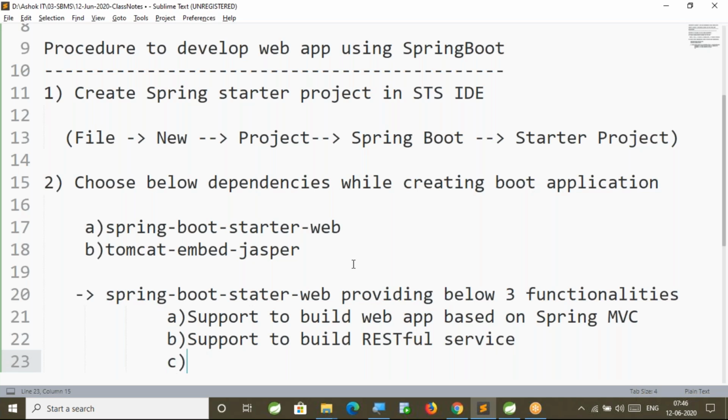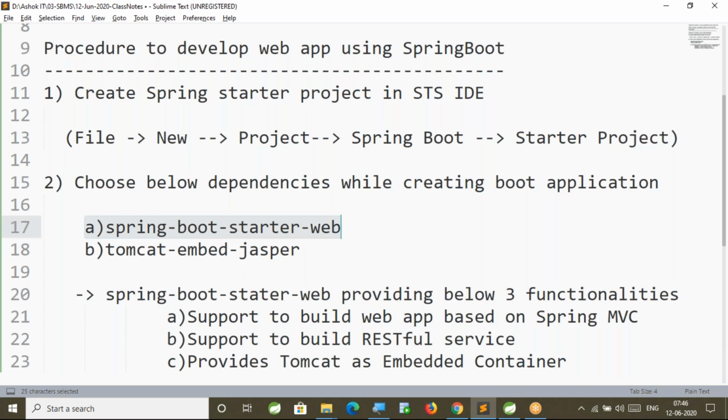It provides Tomcat as an embedded container. Why am I selecting this Boot Starter Web dependency? Because of these three reasons. If you want to develop a web application based on Spring MVC, you need this Boot Starter Web. If you want to develop a REST API by using our Boot application, then we need this Starter Web.